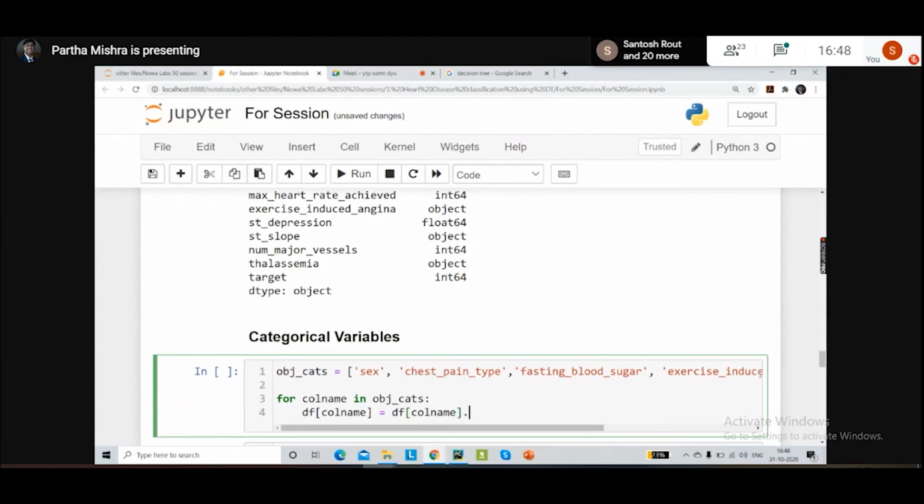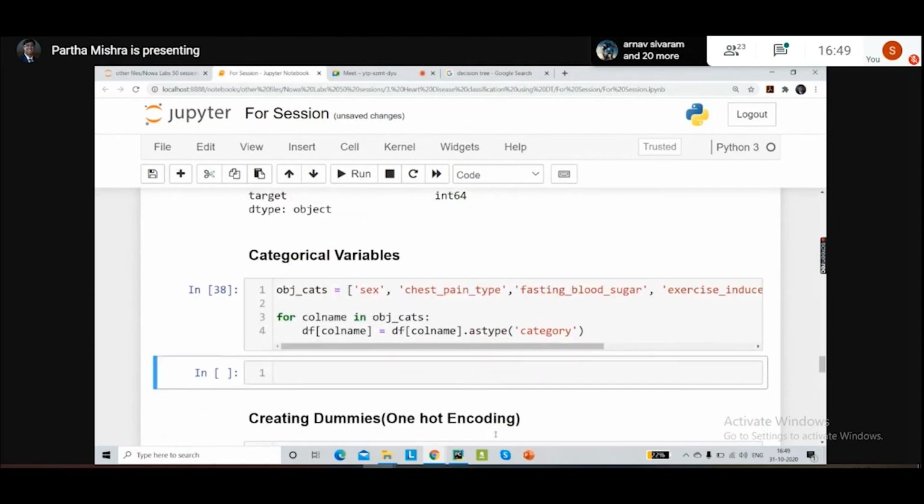I'm going to take the help of the astype method to convert it into category. We can simply say dot astype of category. By doing this, all these columns which are in the object format will get converted into categories. So let's run this.